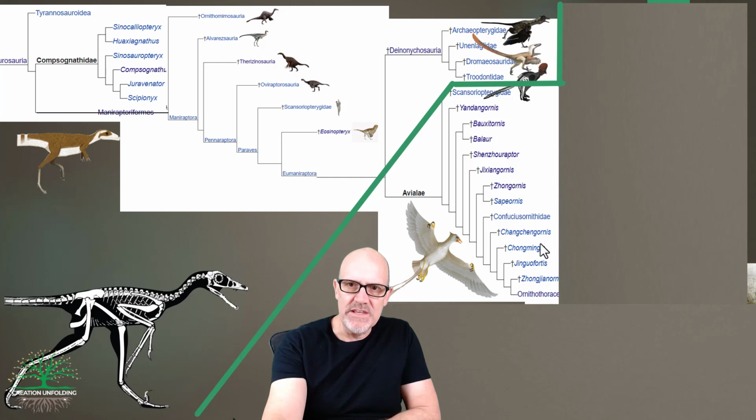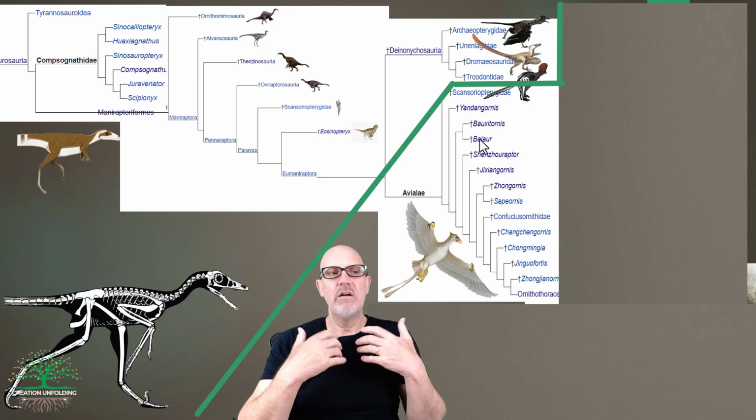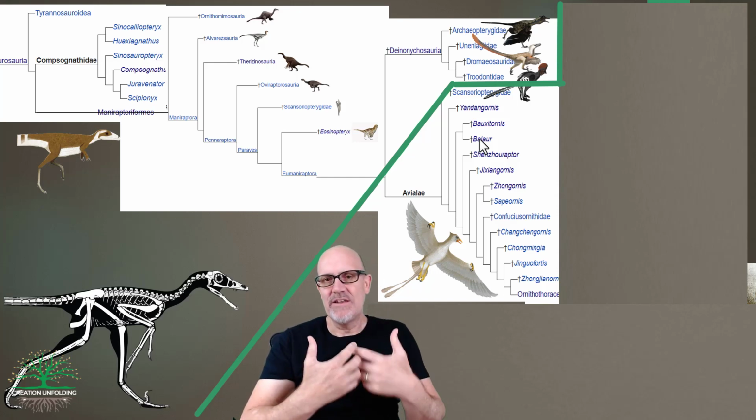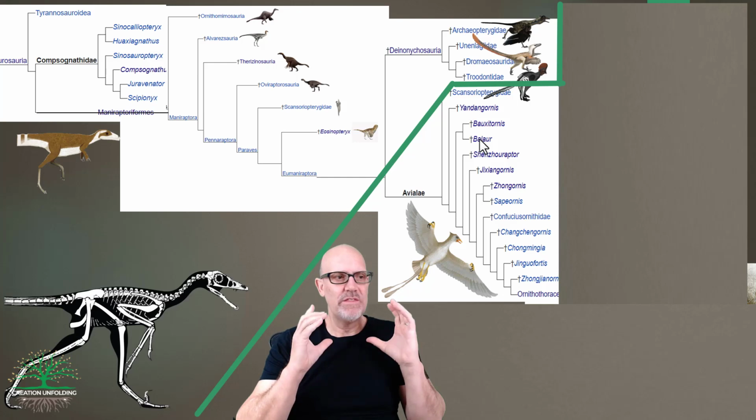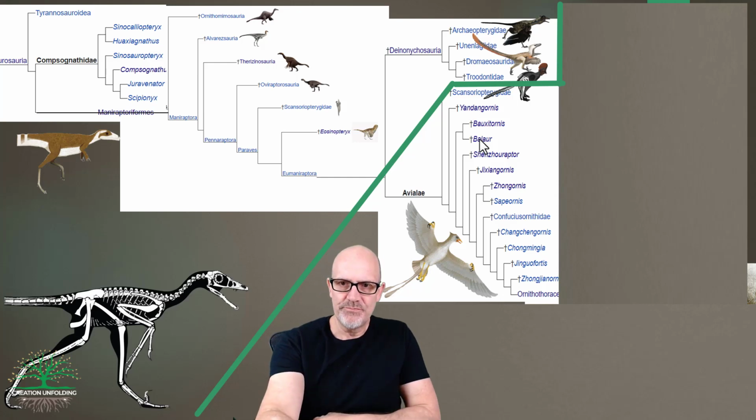All of the rest of these taxa go extinct. They go on their merry way evolving, but from a flight perspective, they're evolutionary dead ends. They don't go anywhere, and again we're following the evolutionary, or at least assumed evolutionary sequence for birds.